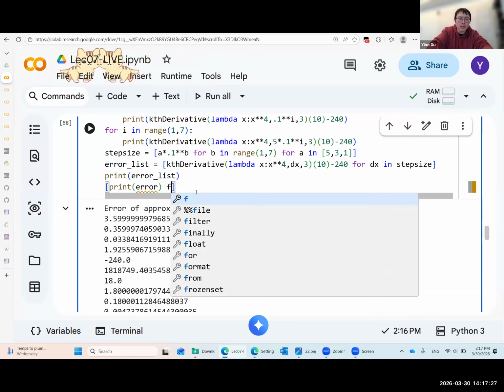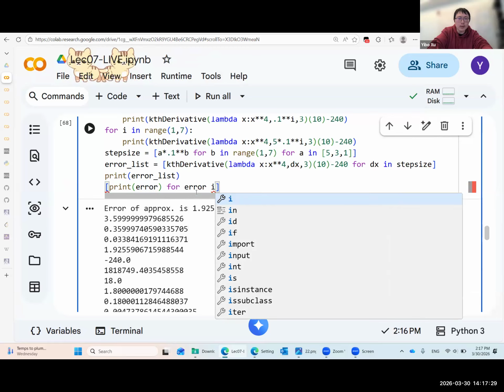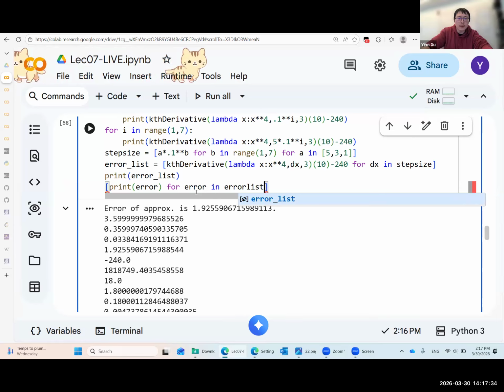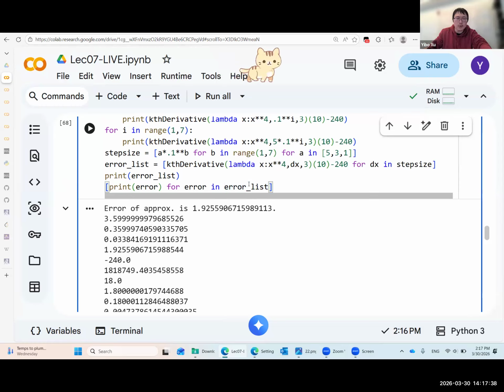Print the error, for error in error list. So these are a few tricks that you can utilize when you get a little bit more experienced. So I have the list, right? And if you want to make things a little bit more interpretable, you can do, let me think,